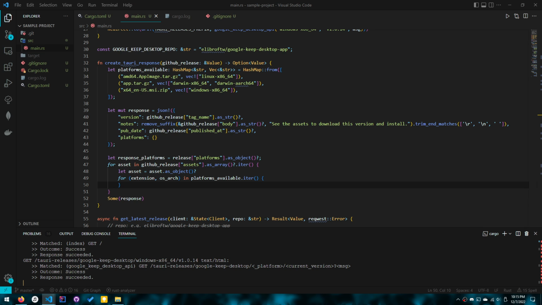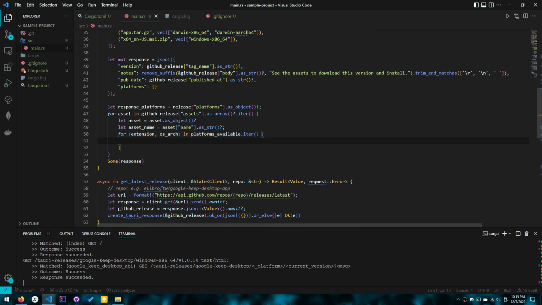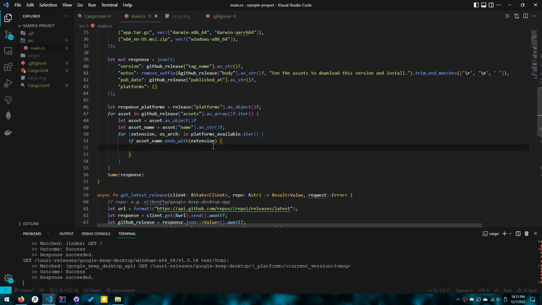and let's say the asset name is something. So for asset equals this, and now we have for asset name. Asset name is a string. Okay, so asset equals asset name as string, question mark. All right, and now we just want to compare it. So if asset name is a string, we just want to say if asset name ends in the extension, okay, what do we do? And if it doesn't end in the extension, does it end with something that is a